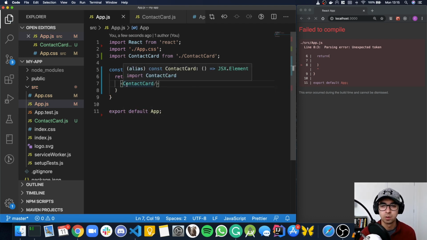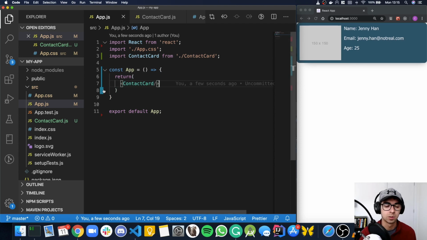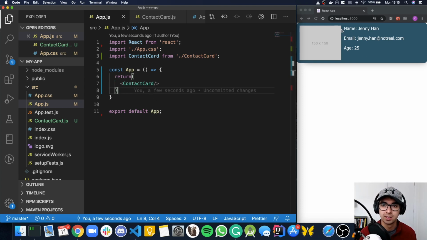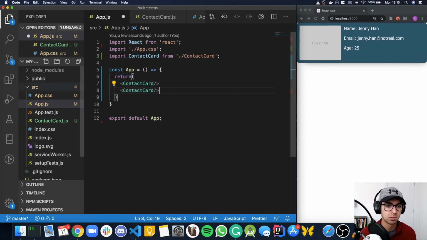So now if we save, hopefully everything appears, and it does. So what's happening here is we're rendering the contact card which we've just exported. So if you think of this like a stamp, that's a good way to think of your components. So whenever you add this component into your JSX, it gets stamped on the page and the same markup is displayed. So if we copy and paste this a few times,